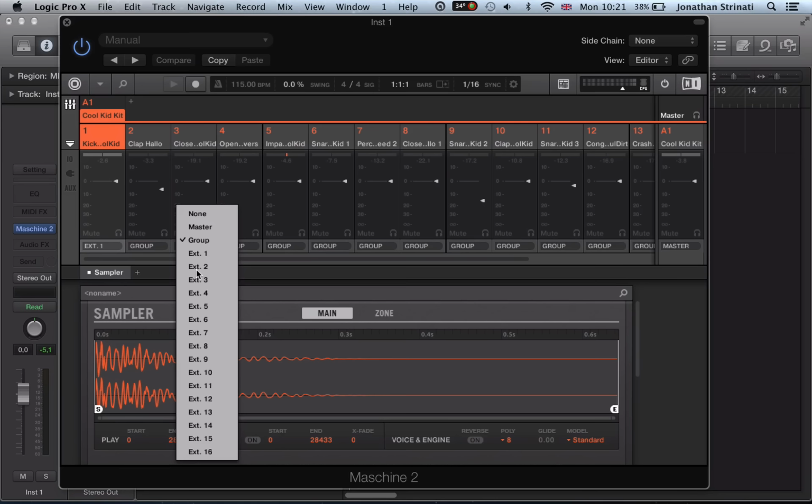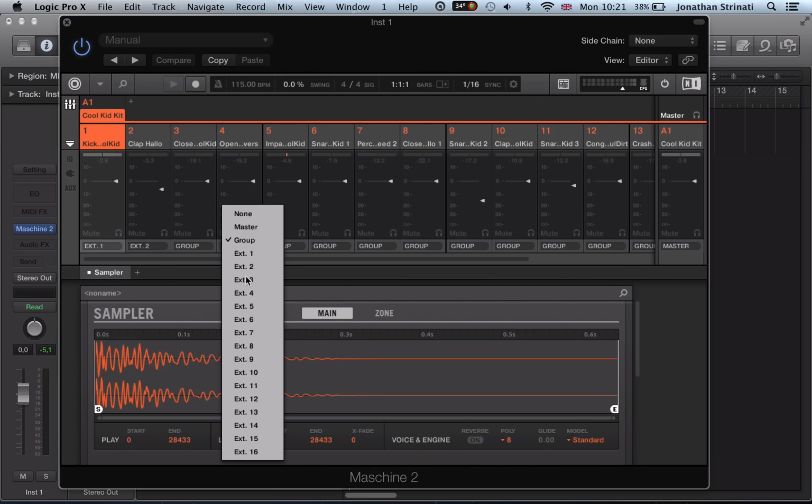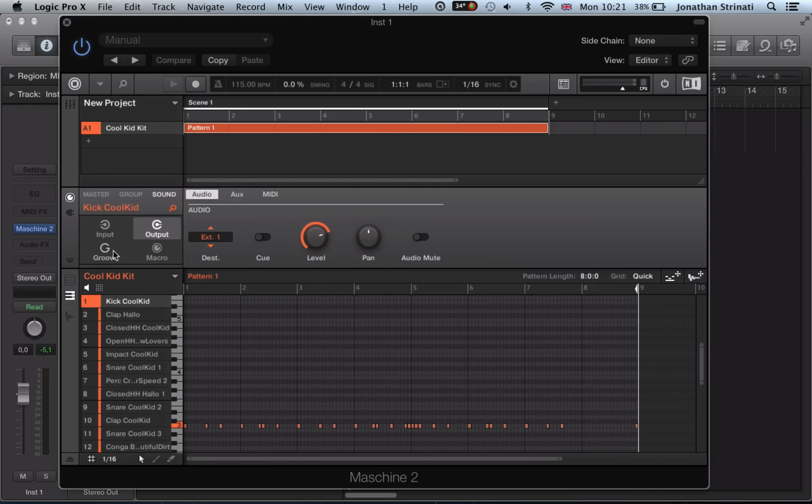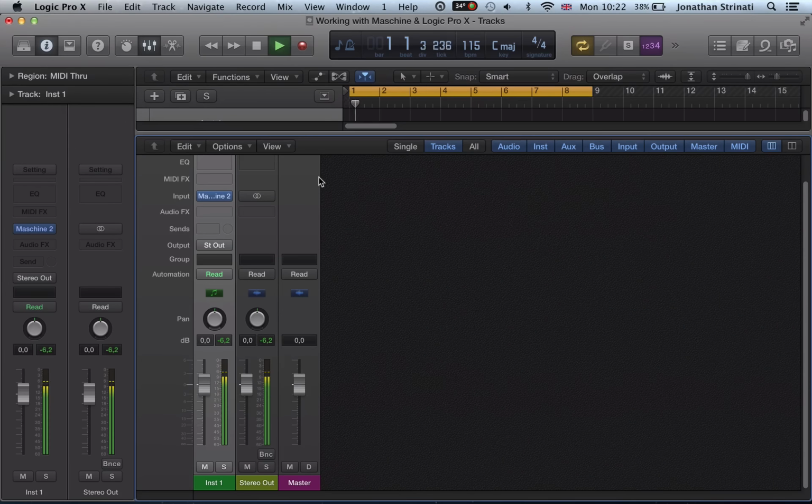And so for the clap, we go external 2, closed hat, external 3, and so on. And so we've routed it externally. However, we haven't got Maschine set up here as a multi-output instrument or created the auxiliary channels for those